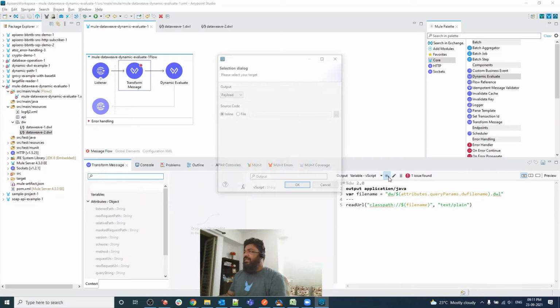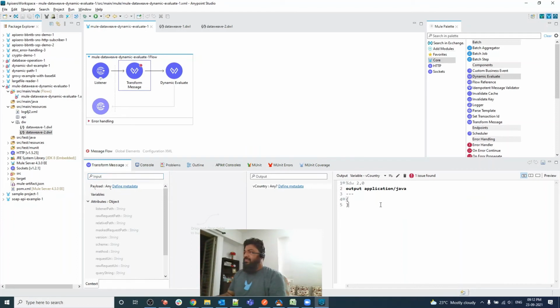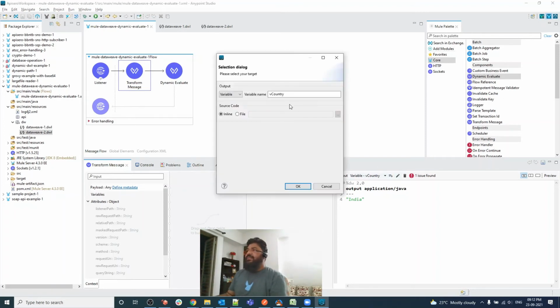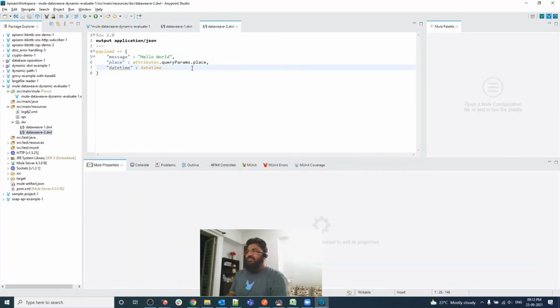So I'm able to provide variable information, v country. The value is INDIA, India, v country. Let me copy the variable name.